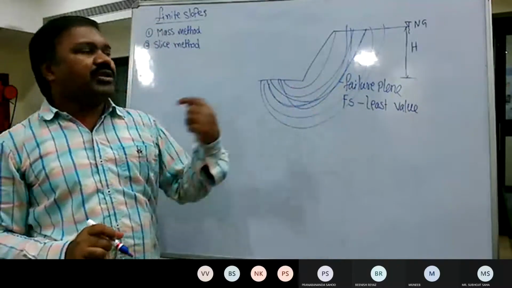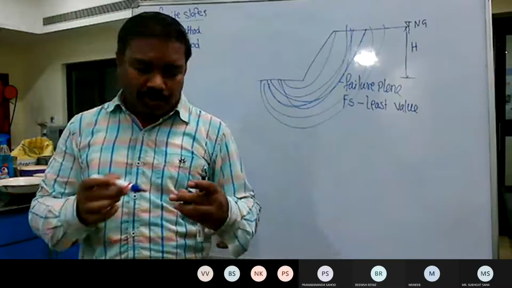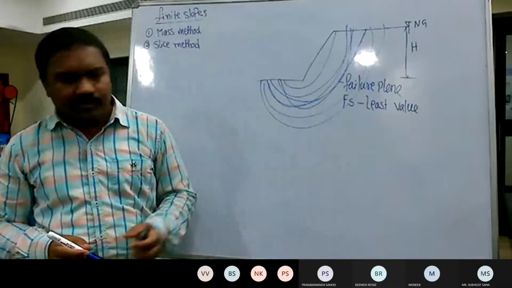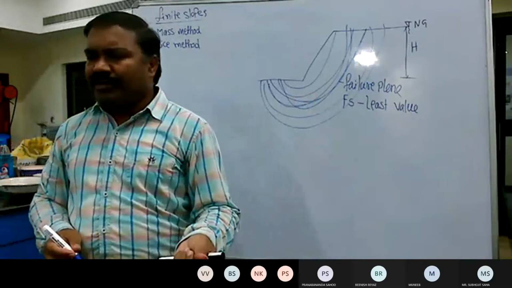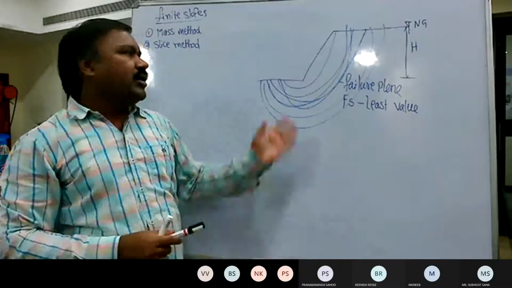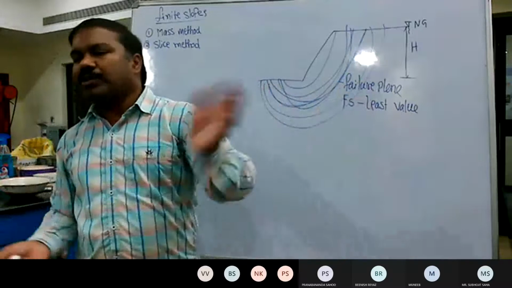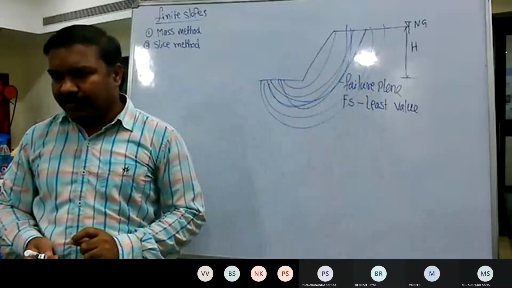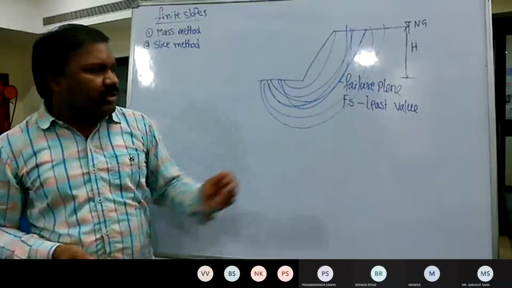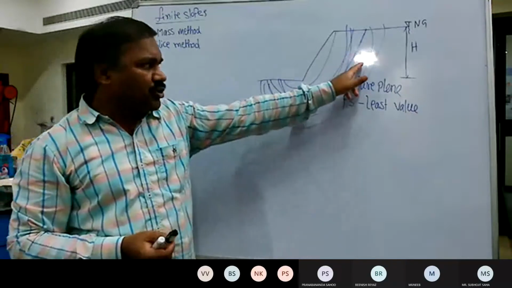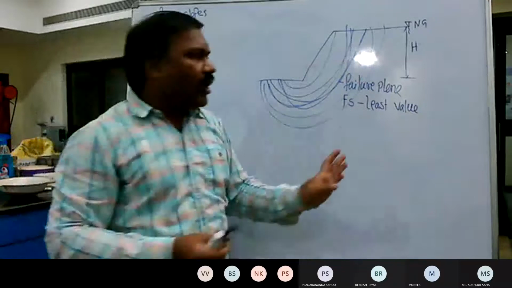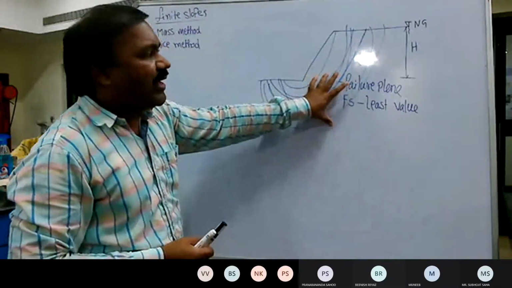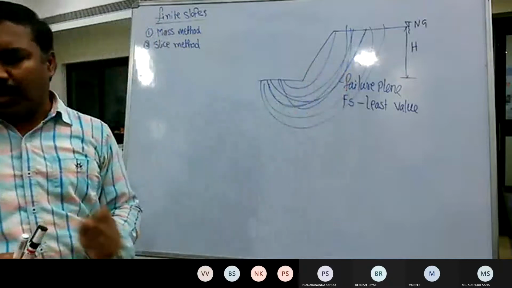So this is where we take advantage of computer programs and the advancement of computation, because they do all the calculations in a fraction of a second. They can calculate maybe 1,000, 2,000, or 5,000 slip circles in a couple of seconds, and quickly give us the least possible factor of safety and the failure plane it corresponds to.